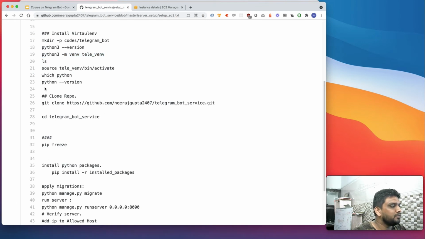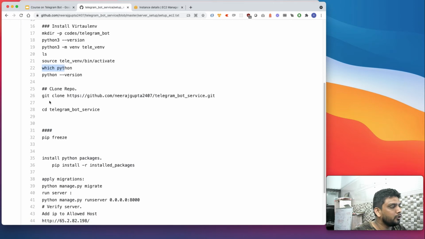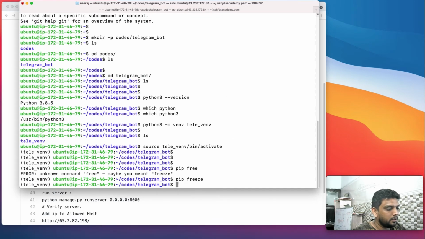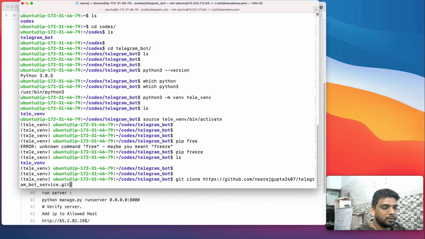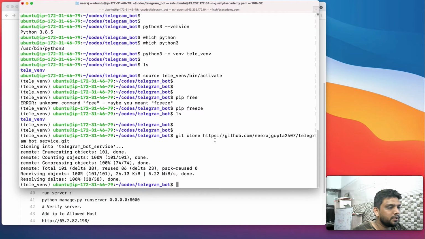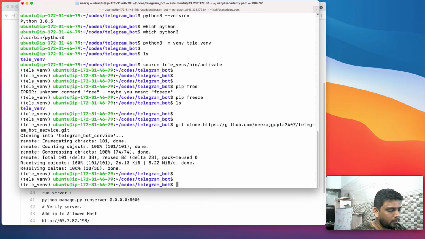So what next we are going to do is clone the repo. Now this repo, I'm just going to clone it, and I know there is only one folder. Let's clone this directory. Since it is a public repo, it is not going to ask me for any ID or password. But when you do it, probably you have to provide your own password for the GitHub account, or alternatively you can set up your .ssh where you don't provide a password, but it will automatically pick your server's SSH and it will clone or download the directory.